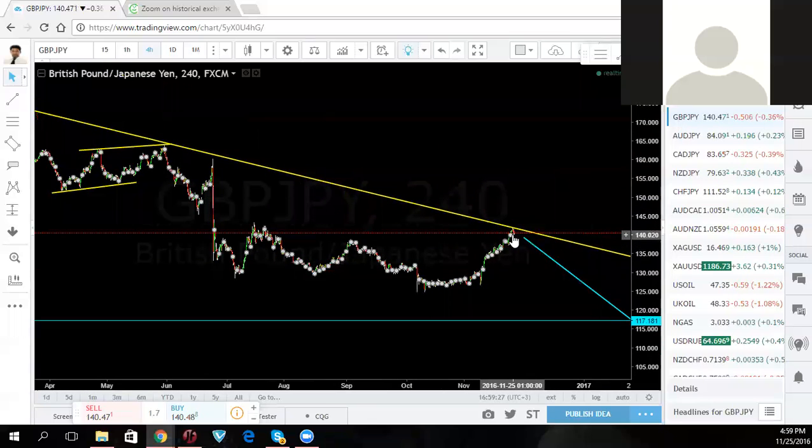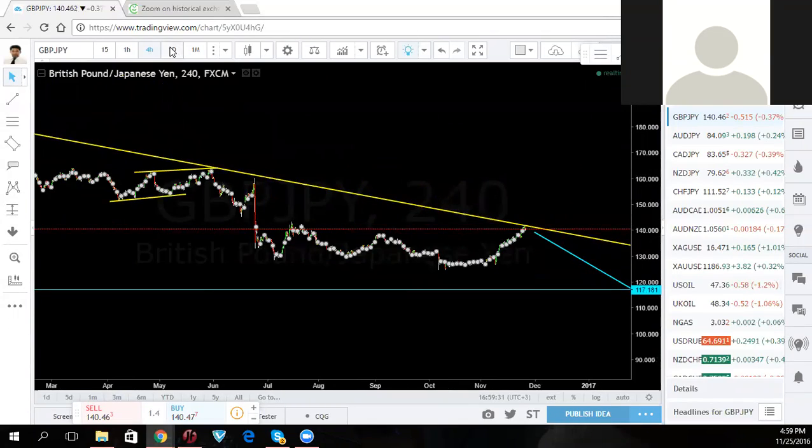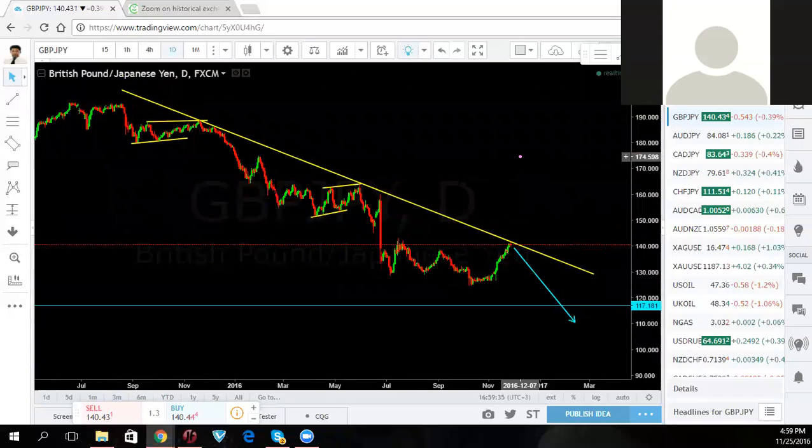What happens when it comes here? Take a look at the chart. Let's go to daily so we can see it more clearly. There was a sell setup when it did this, and it came here. There was a sell setup when it did that and came here. Well, it's doing this and comes here. Guess what? I think by now all of you are wave traders in here, right? You're like, darn, I could see that trade if it happened. So if you can see it, how do you trade it? Let's go trade it now.